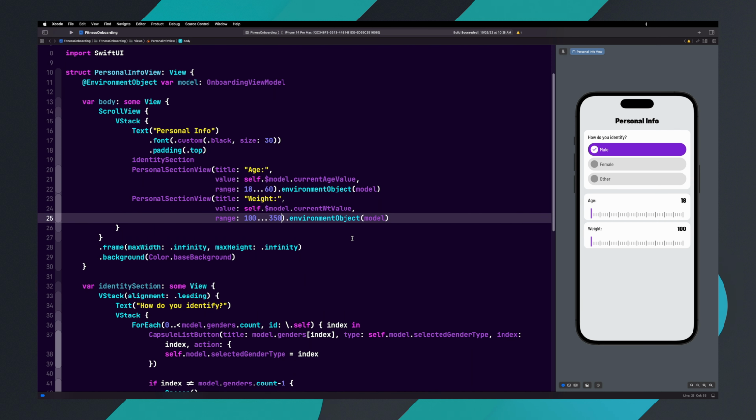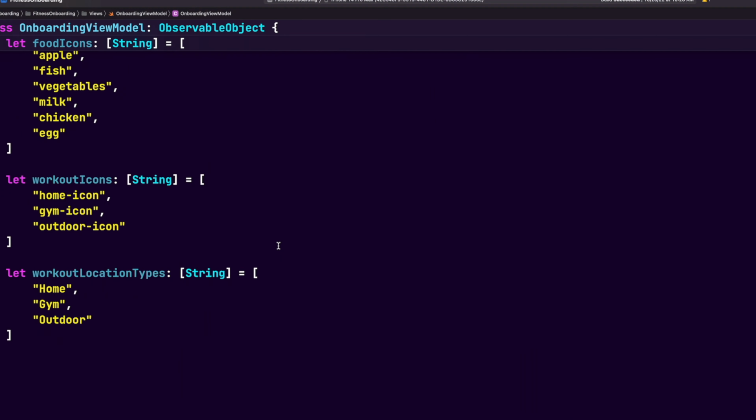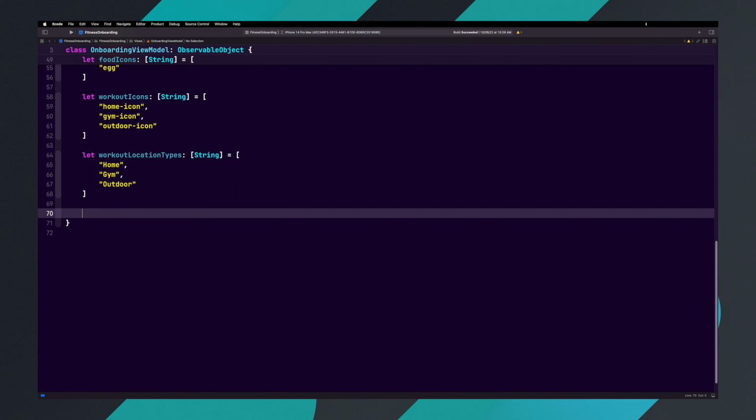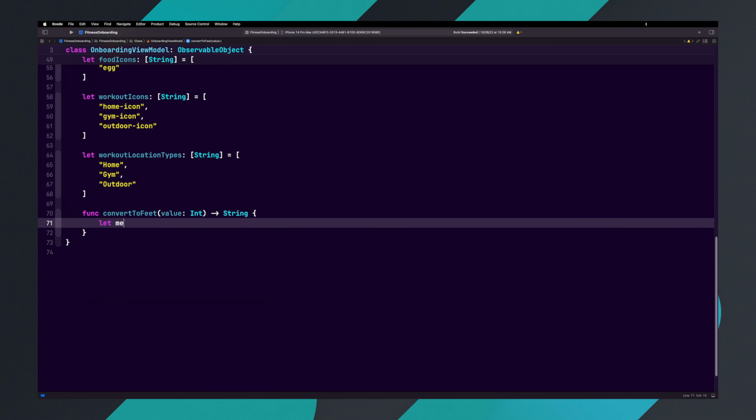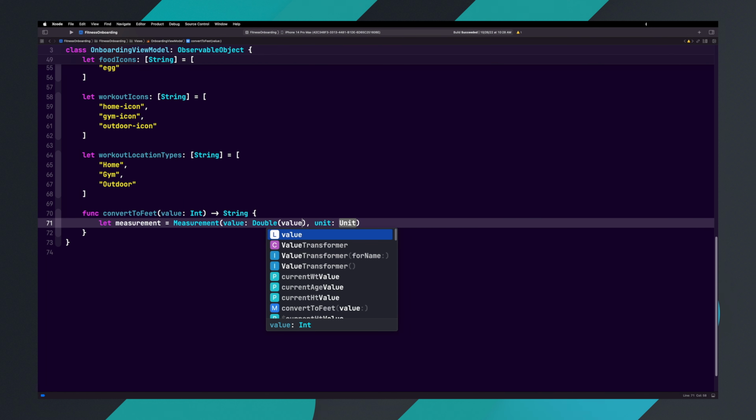Next, let's add a custom function that we can use to convert inches into feet. Command-click on onboarding view model and select jump to definition. And at the bottom of the file, we're going to add a new function called convertToFeet. Inside of the parentheses, let's add value: Int. And we want this function to return a String. Inside of the function, let's add let measurement equals Measurement(value: Double(value),